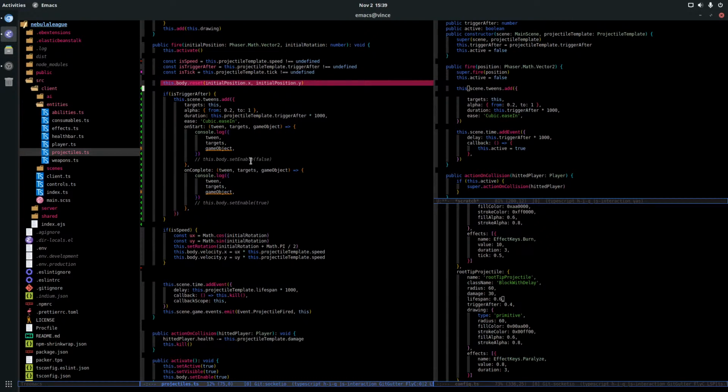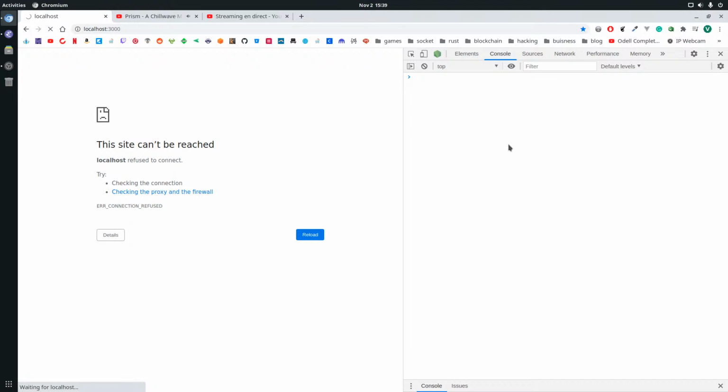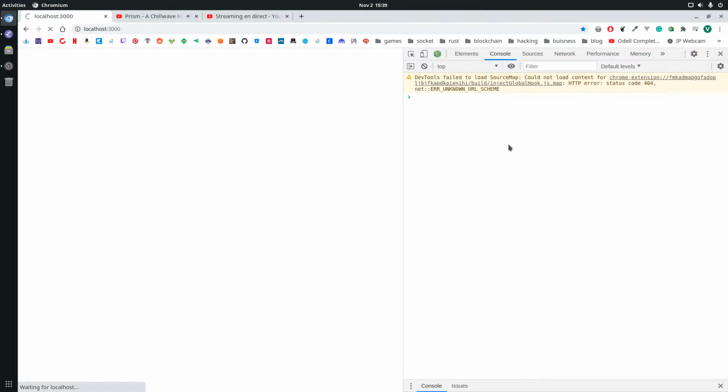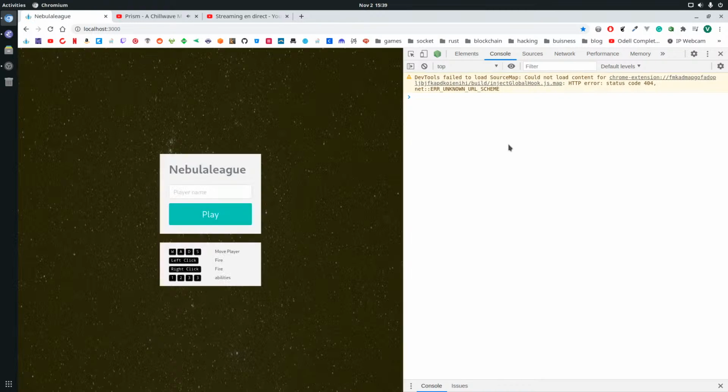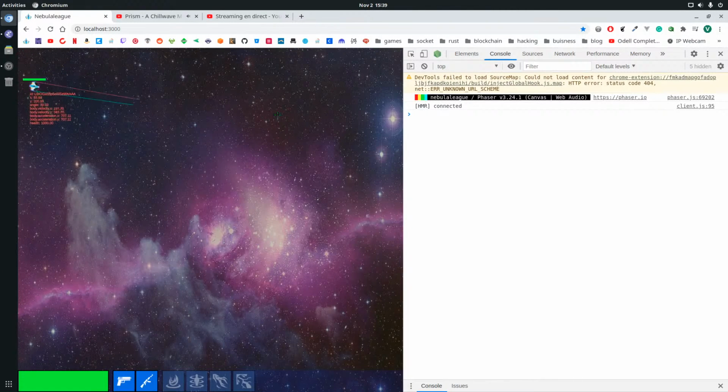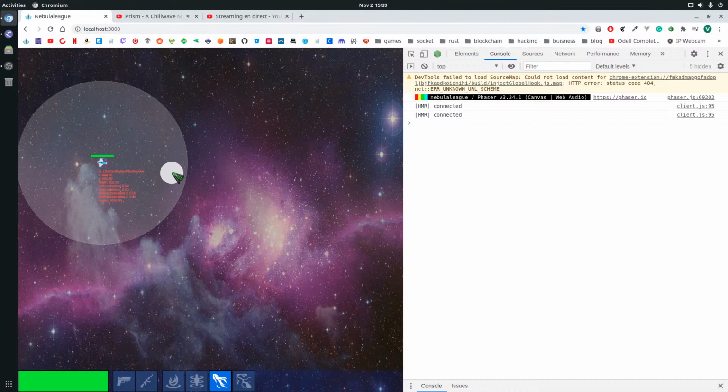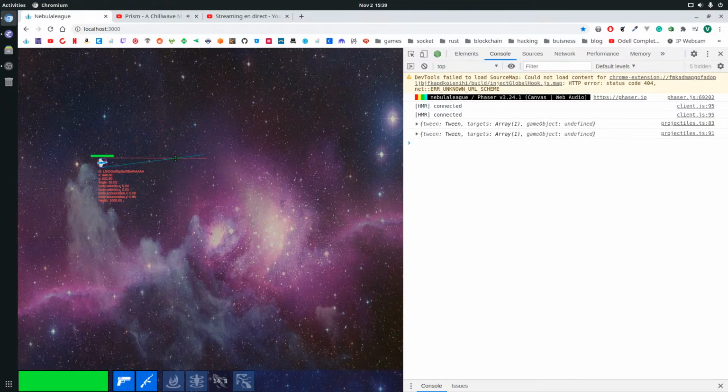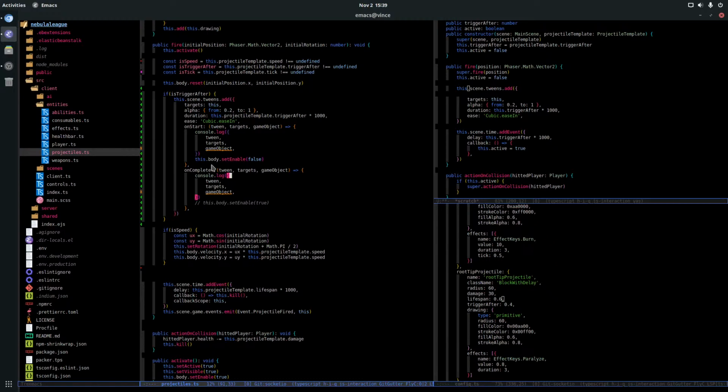I don't understand why. If I disable it, it should never show. But it looks like it's showing itself. Maybe it's working, and it's just the debugging visual of the body that makes it look like it doesn't work, but it works. I don't know. I should test on another player. Strange.